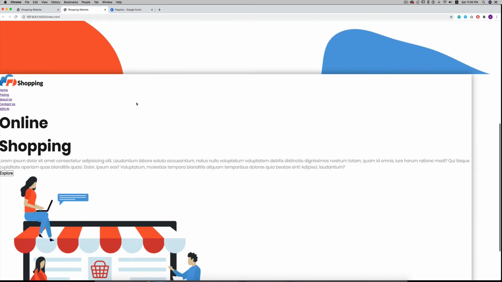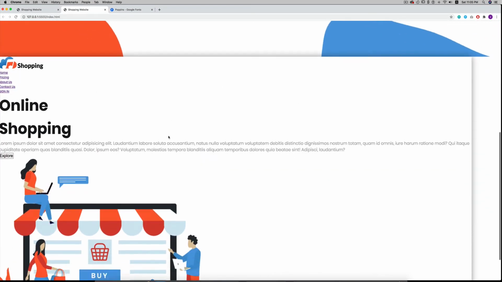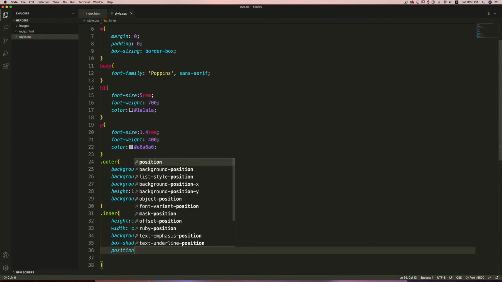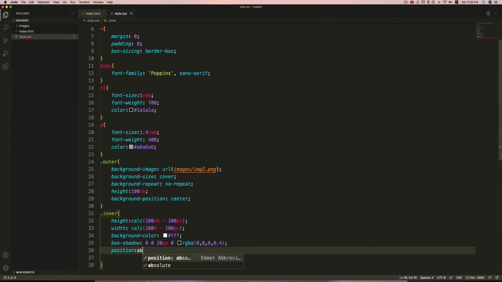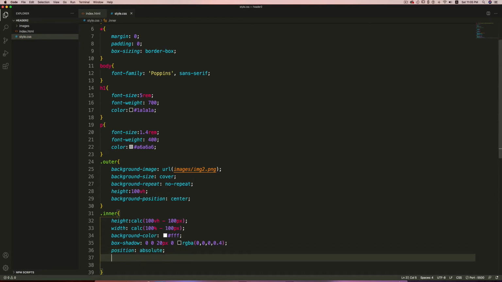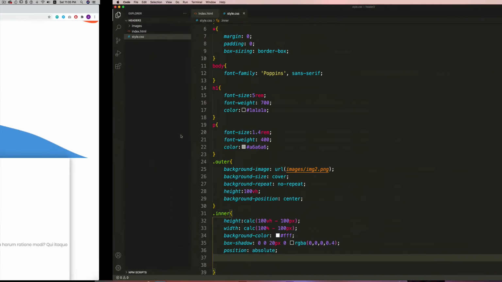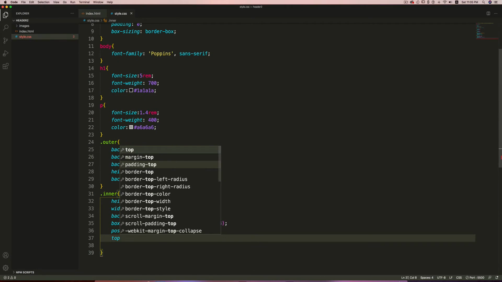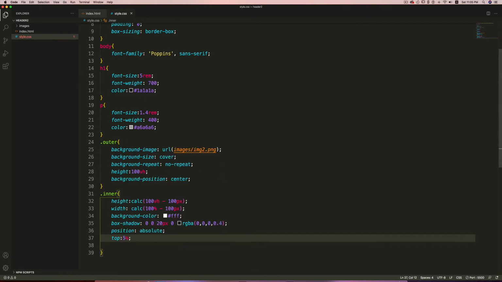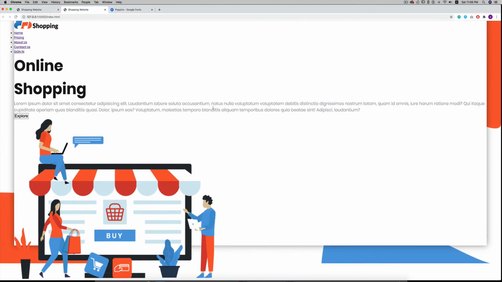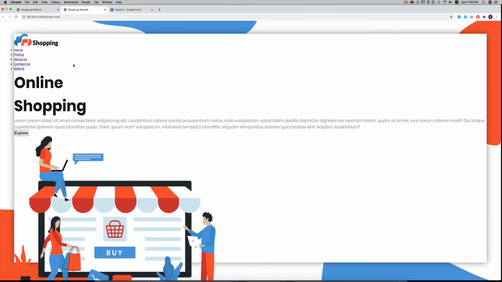So we have the inner section up here at the bottom here. So what I'm going to do is change the position to absolute to bring it out of the normal document flow. Let's see. Now it is outside the document flow, and then I'm going to change the top value to 5% and left value to 3%. Now we have this inner section properly placed.